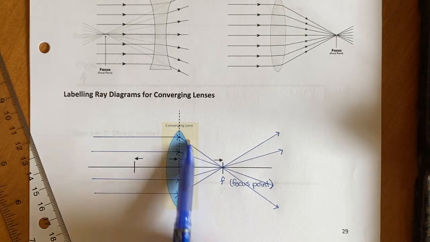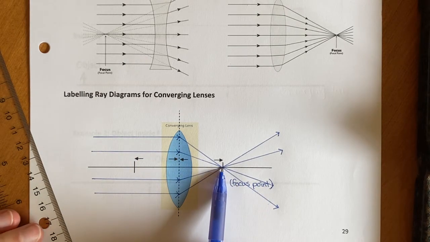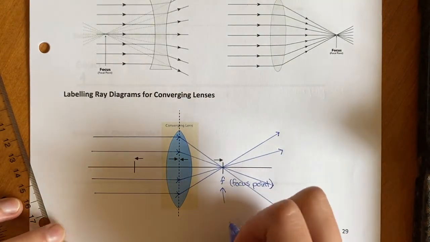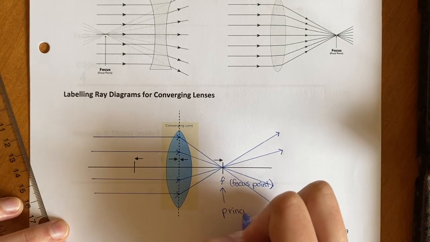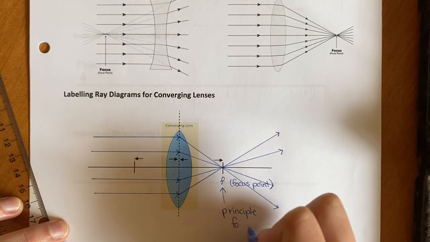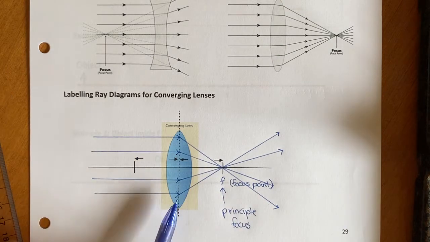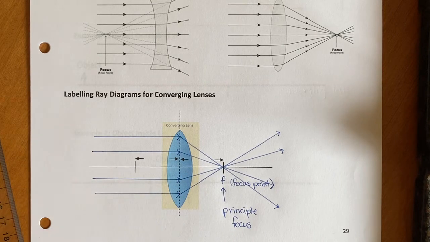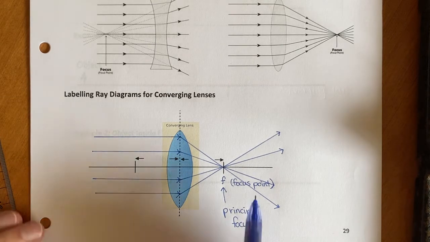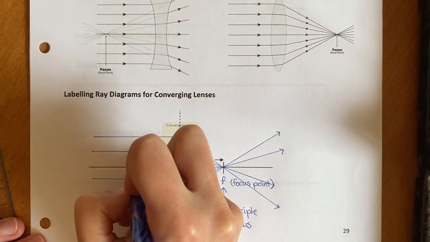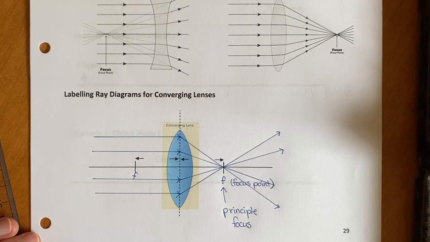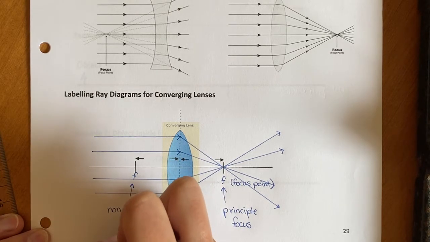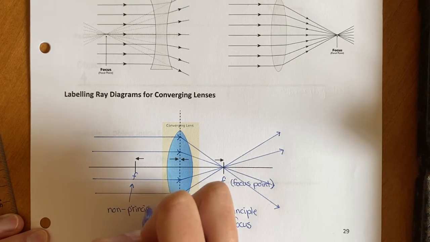So in a converging lens, this focal point is on the side where the light is actually intersecting. So we call this the principal focus. Because there's actually 2 focal points on any lens because it's double-sided. It's not the same as a mirror where you only have one side of it. So here we have a principal focus, but we also have another focal point on the other side, which we'll just call the non-principal focus,